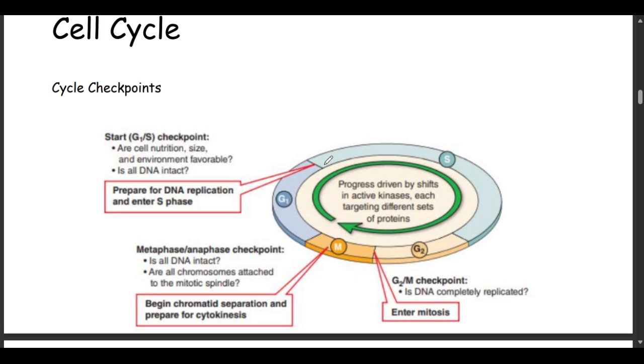So you can't replicate DNA that is not intact or DNA that is damaged. So if at this cell cycle checkpoint we find that the DNA is damaged, the cell will go into